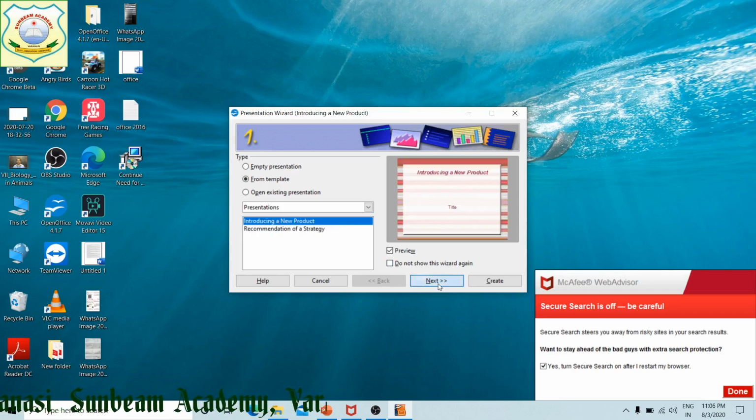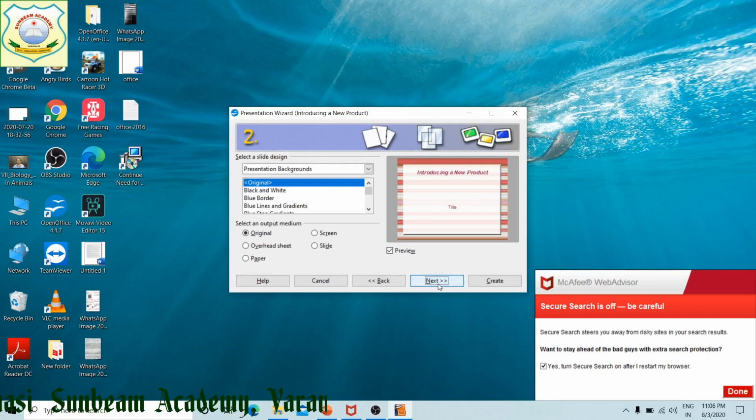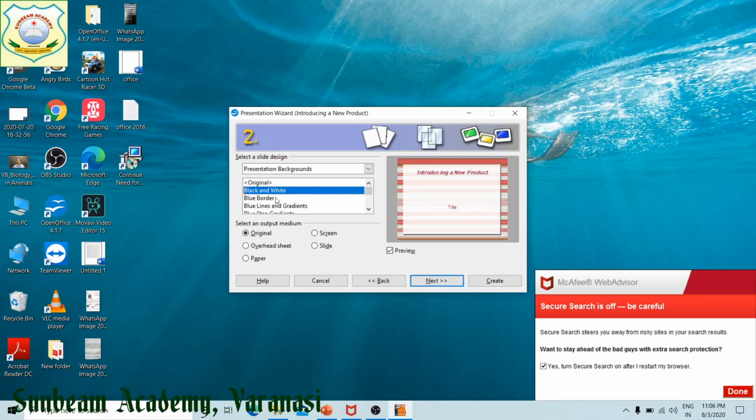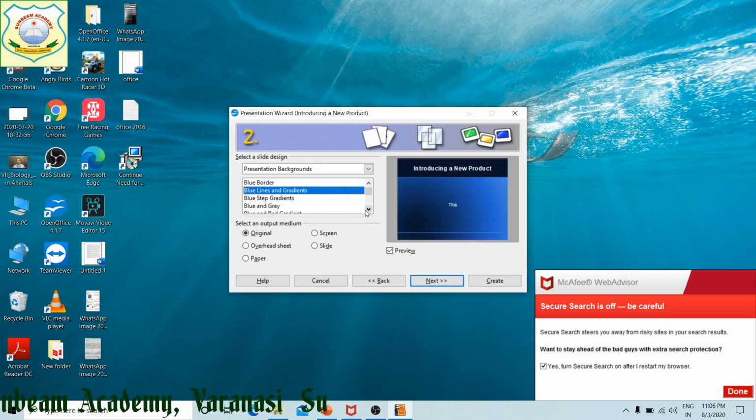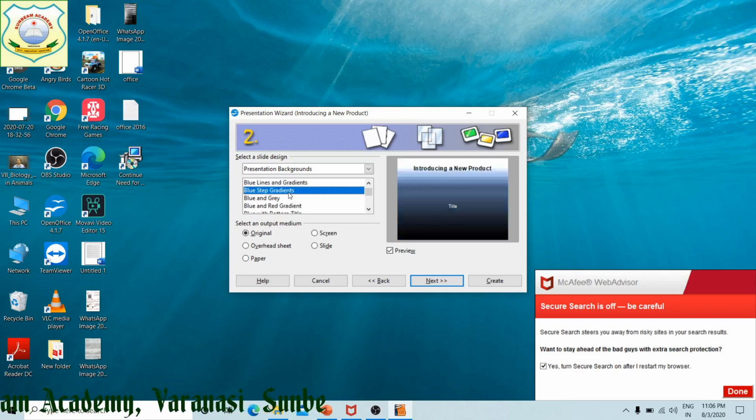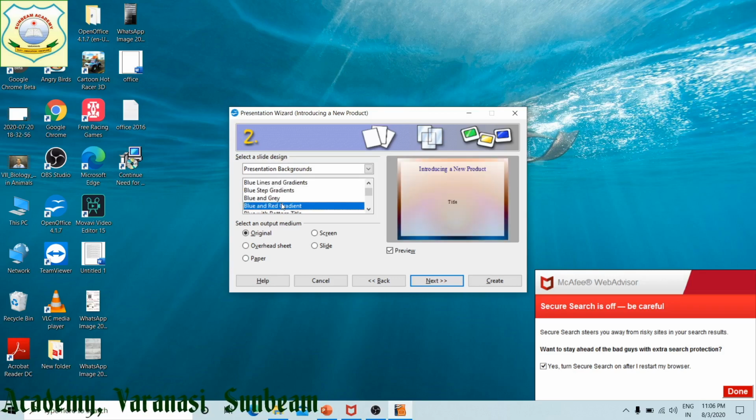Now click on next. As you click on next, you can also give it a slide design. Choose any one. You can take any of the slide designs. Suppose I have taken this one, right?